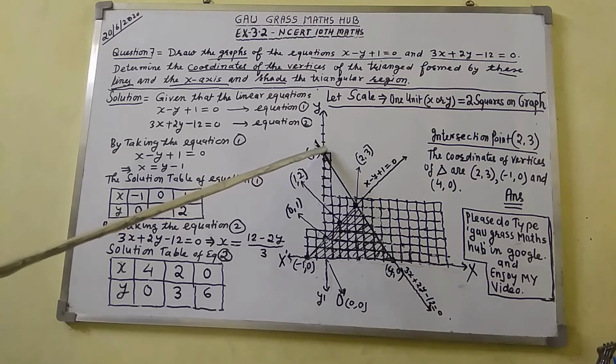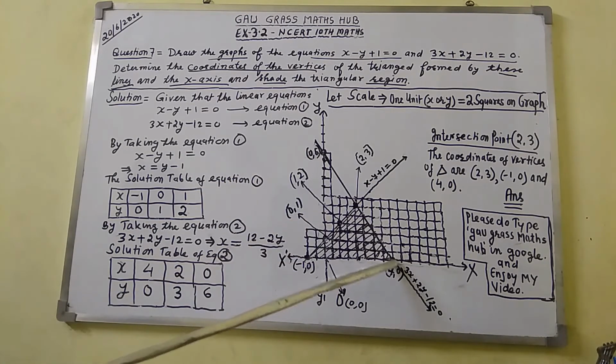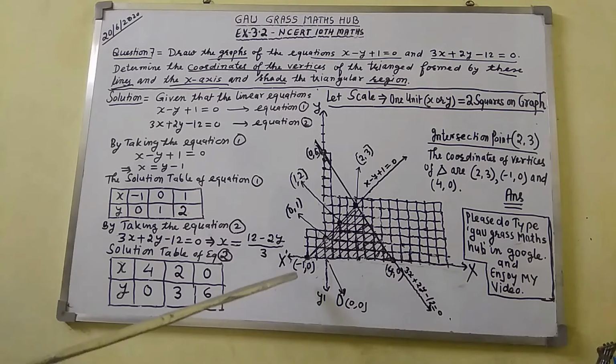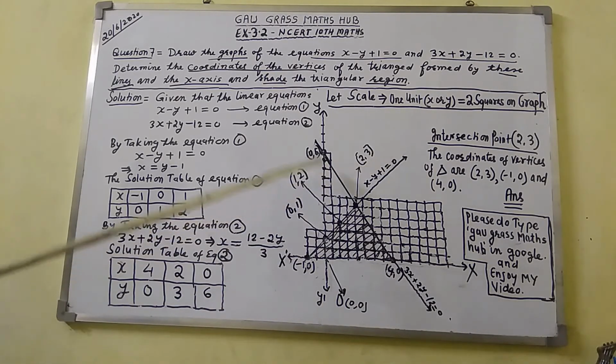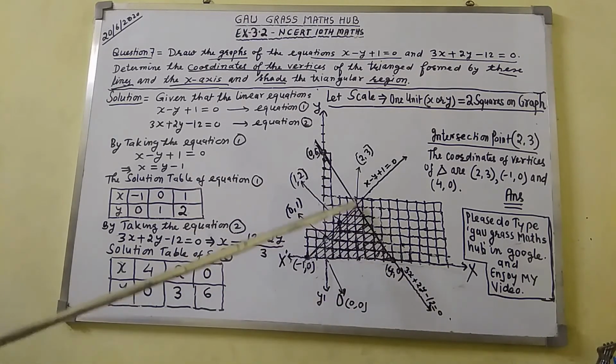Now we have got 3 points here. One point is this one, 0, 6. Another point is 2, 3. The third point is 4, 0. Join these points together, you will get a straight line. Now you have got a straight line, this one, from equation number 1. Joining these points, you have got another straight line from equation number 2, this one. Both lines are intersecting at one point.